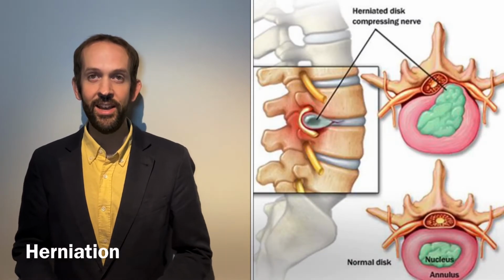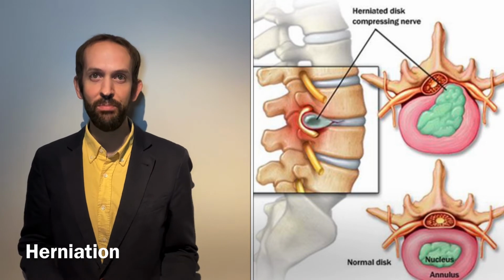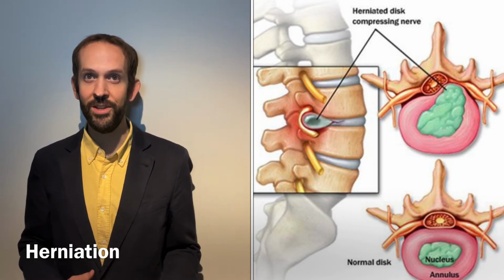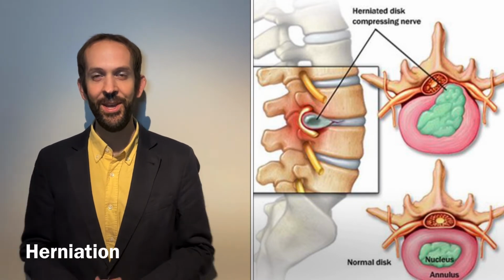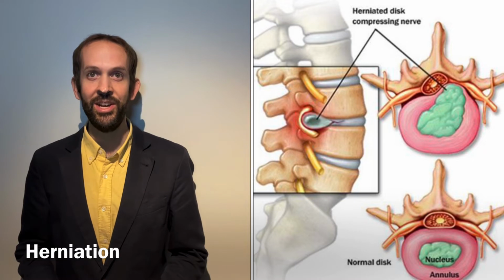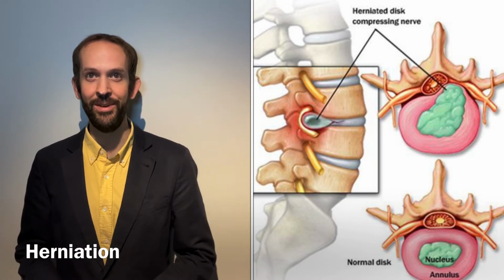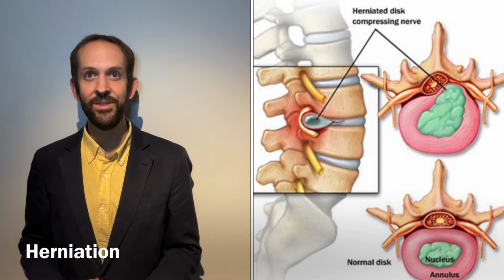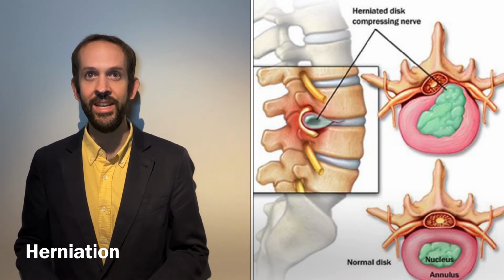The first is a herniation, also known as a disc bulge or prolapse. These are things many people refer to as slipped discs, although most of the medical profession aren't actually keen on that expression as it's not technically what's happening to the disc. A herniation is where there's a breakdown of the outer fibres of the disc, and this results in the toothpaste